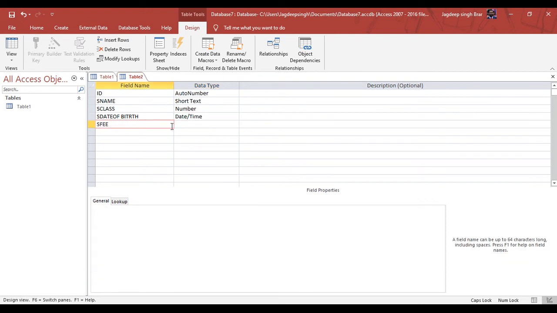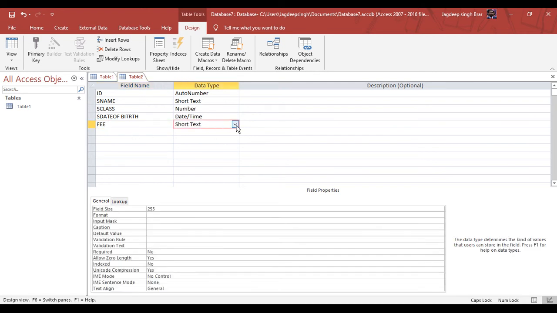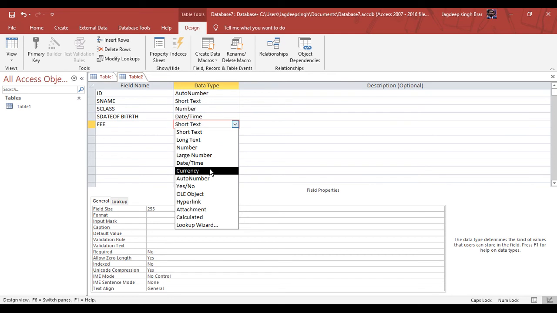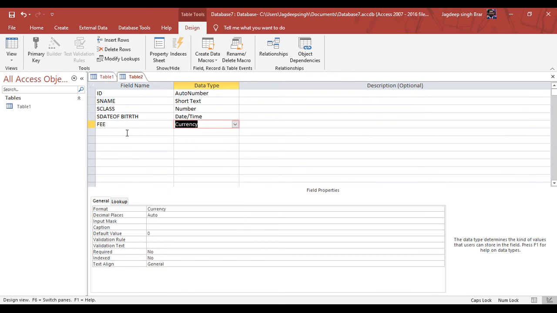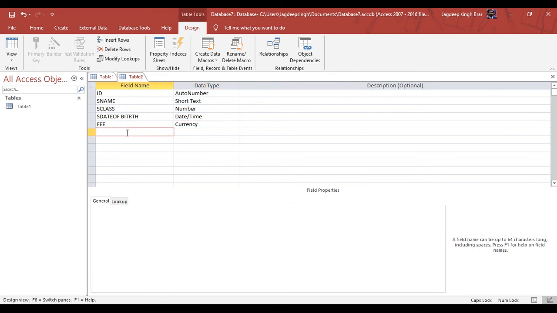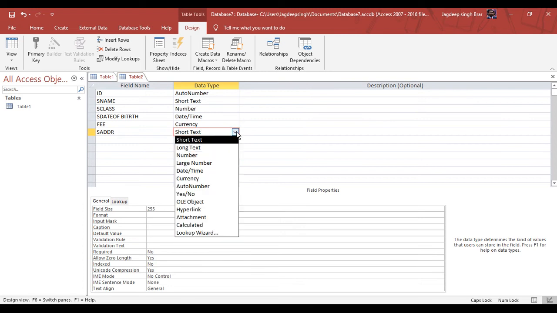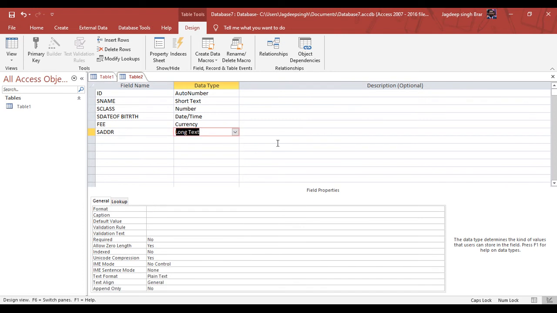Student fee as a currency. Student address as a long text.